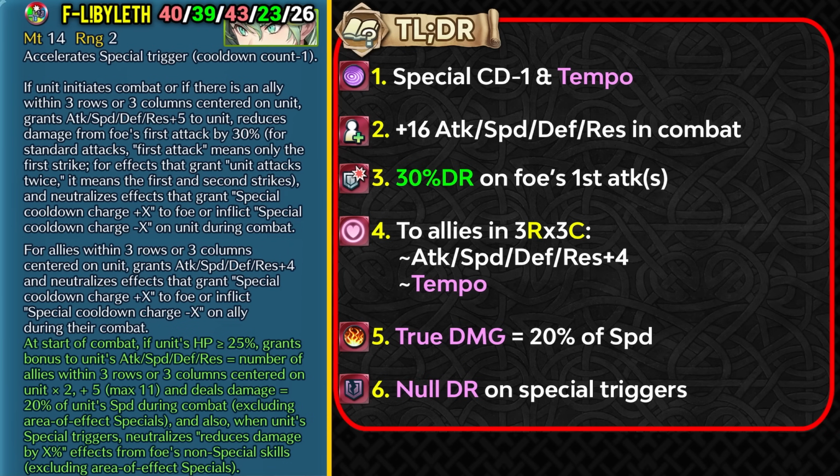She also gets 30% damage reduction on foes' first attacks, including the brave hits, and now she's able to provide a wide range of support to allies in 3 rows and 3 columns centered on her, and she's able to give +4 to all of their stats and also give them the full tempo effect, which is again really unique. We have a lot of ways of getting full null follow-up, but not so much when it comes to the full tempo effect. So that can be helpful in Arena, and then she also gets true damage based on 20%